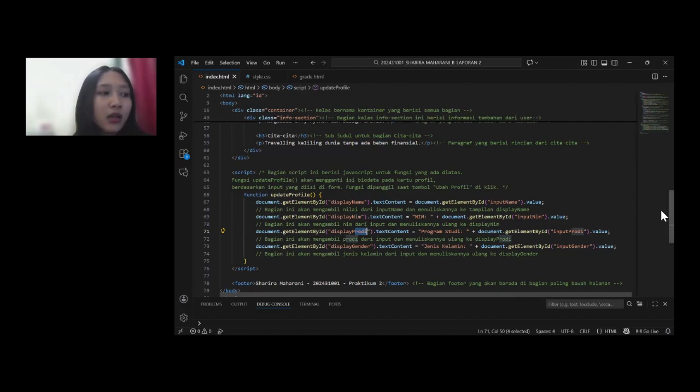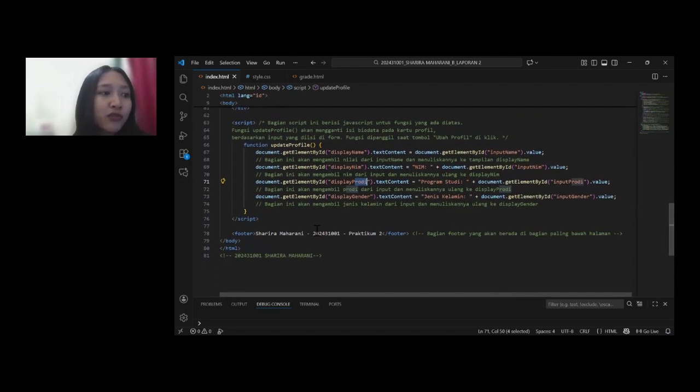The page also concludes with a footer containing my name, my ID number, and Practicum 2. This completes the explanation for index.html, which is the biodata page.